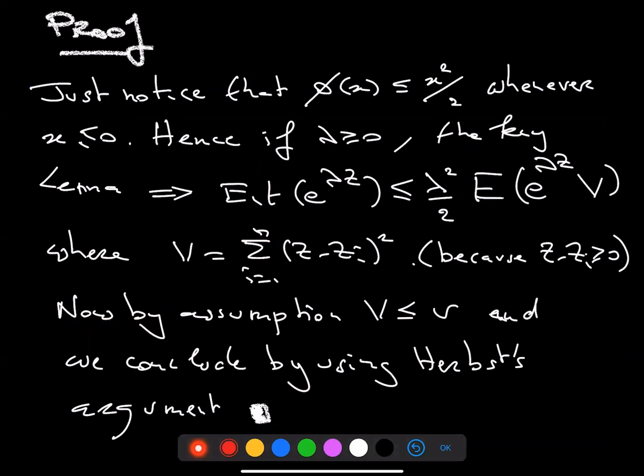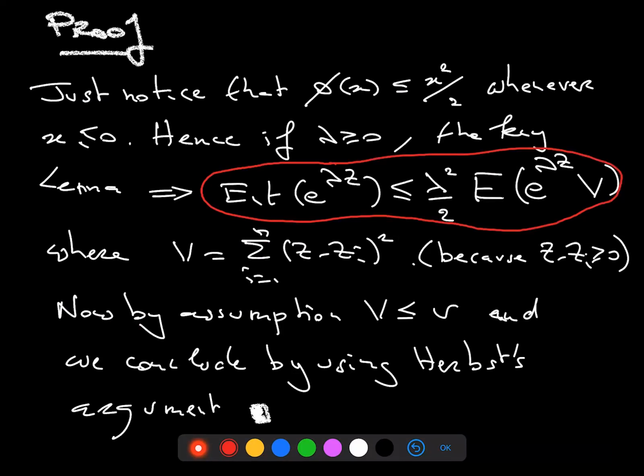So the proof is just one line. It's a consequence of the fact that for non-positive values of x, the function phi is a gentle function. It is less than x square over 2. This is an argument that we have used already. And therefore, the lemma implies in this case something which looks very much like a log-sum inequality, because it leads